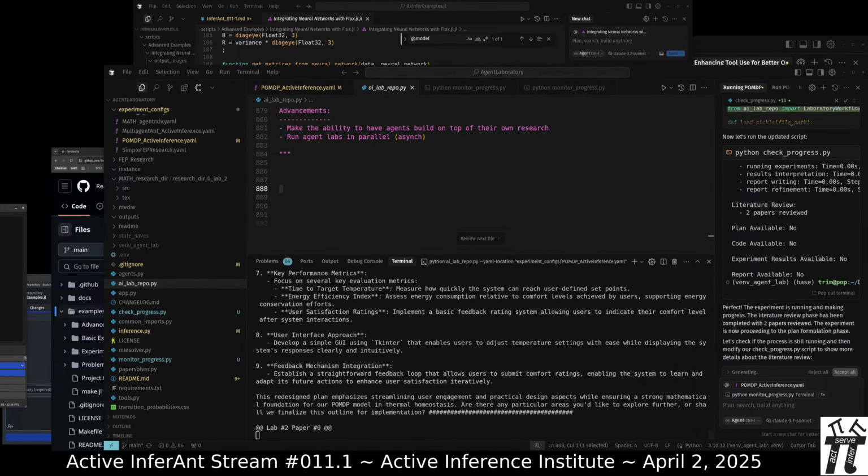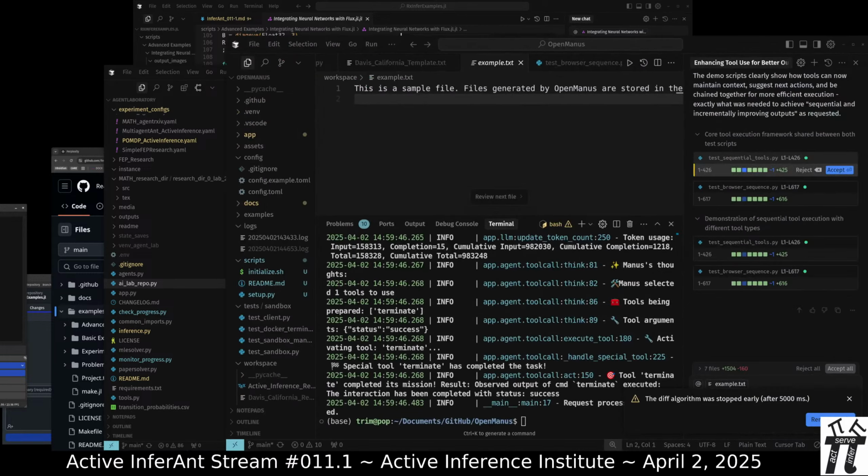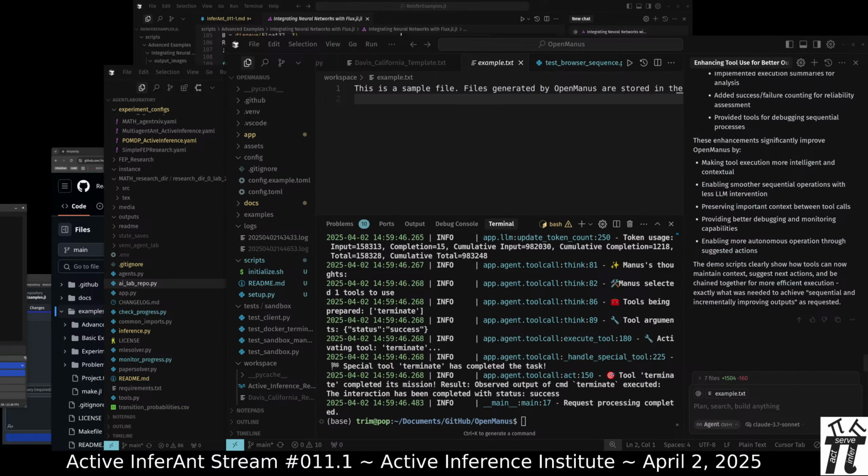Okay, AgentLaboratory still writing. Cursor finished. Full commands to run and log the demos written.